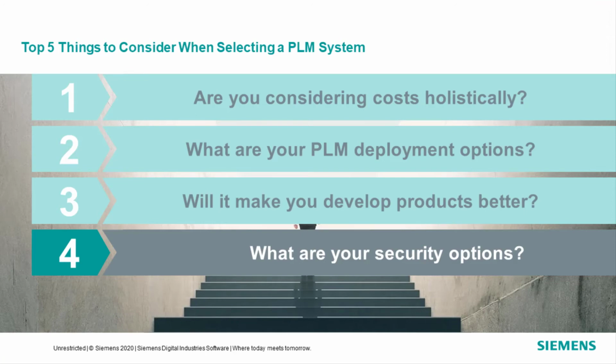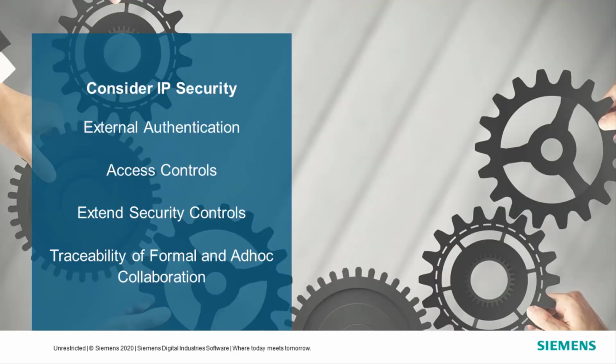Number 4, will you have the security options needed to keep your IP safe? Nothing is more valuable to your business than product information, and PLM solutions that do not offer out-of-the-box capabilities to reduce your risk of theft should not be on your list. Be sure that your PLM selection comes with support for external authentication and does not require heavy customization to integrate